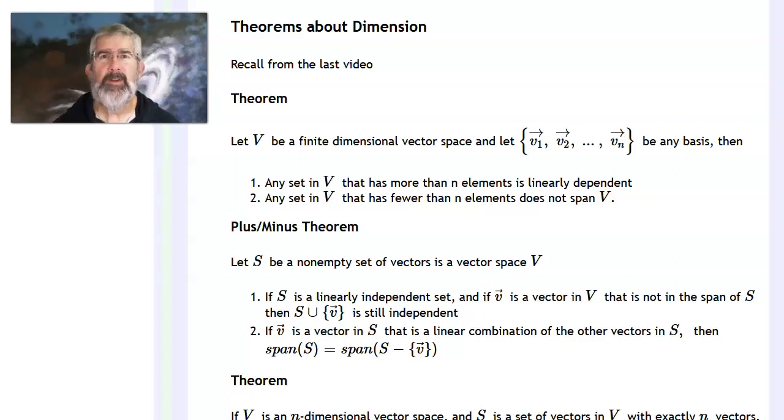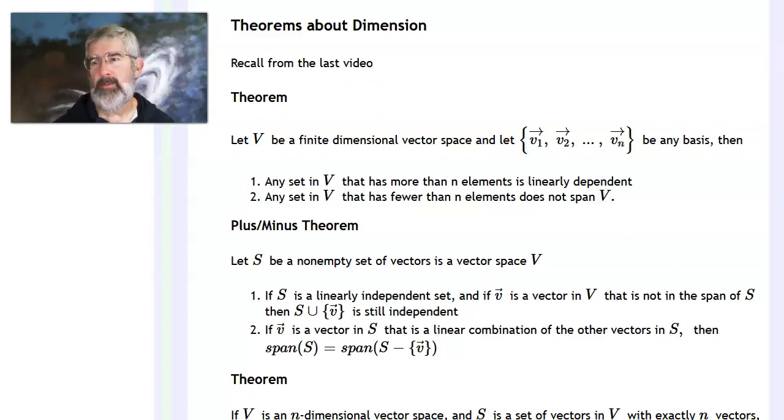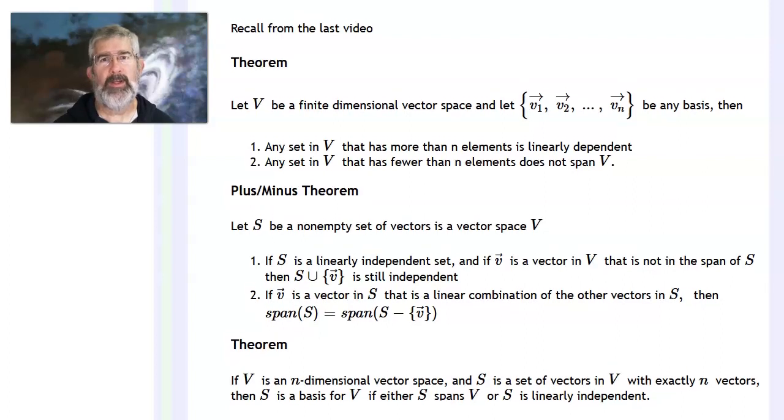In this video, I want to take a look at some theorems that tell us some things about the dimension of a vector space. I'm going to start by just recalling two theorems that were in the previous video. I'm recalling them here just because of their usefulness in so many things here. In particular, if V is a finite dimensional vector space and I have a basis, V1, V2 up to Vn,